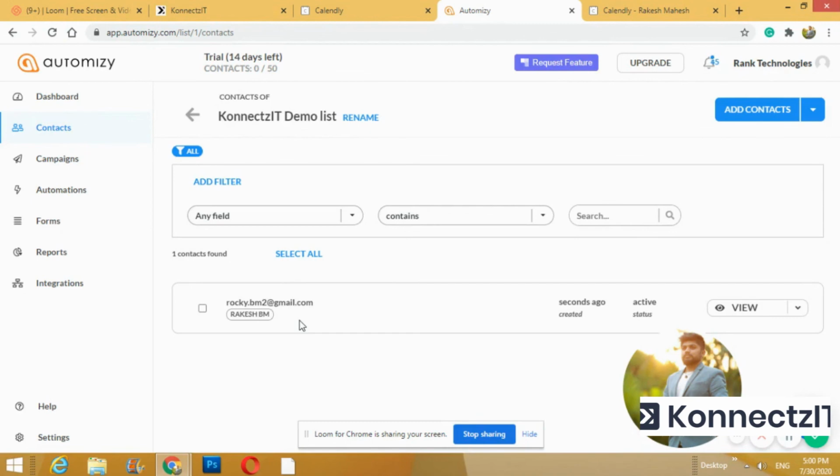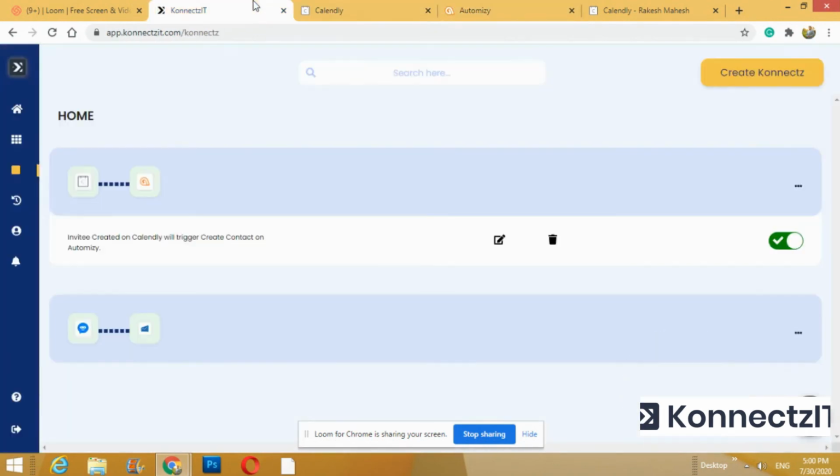This is how we connect Calendly and Automizy using Connexit. As I said before, this is such a simple and easy procedure. So you don't need to do anything. You just need to connect, drag and drop, and create your connects.